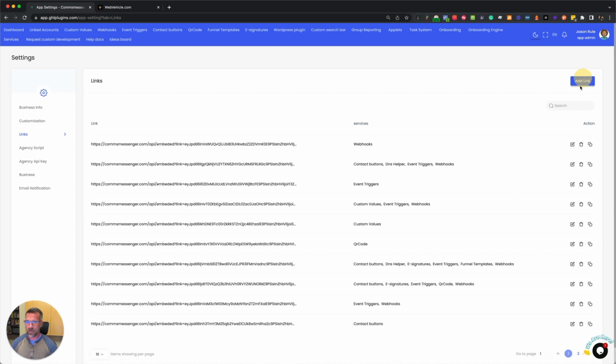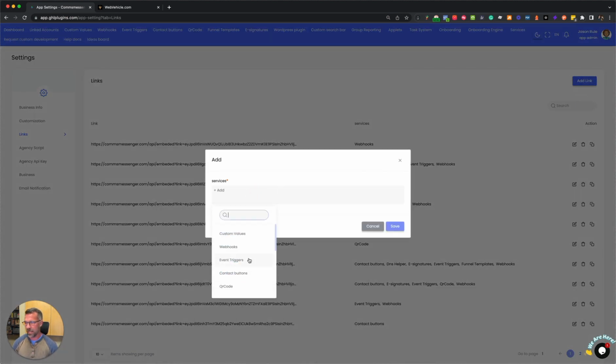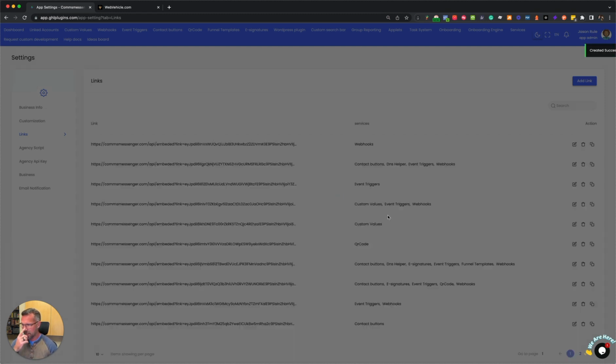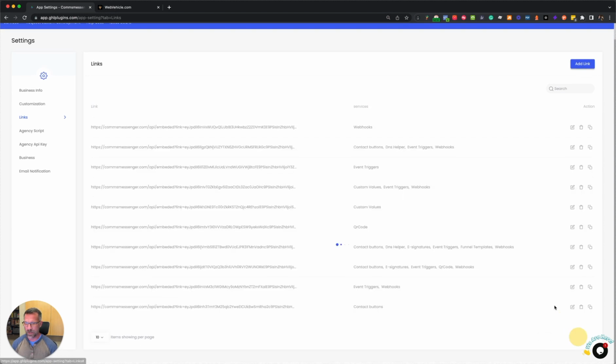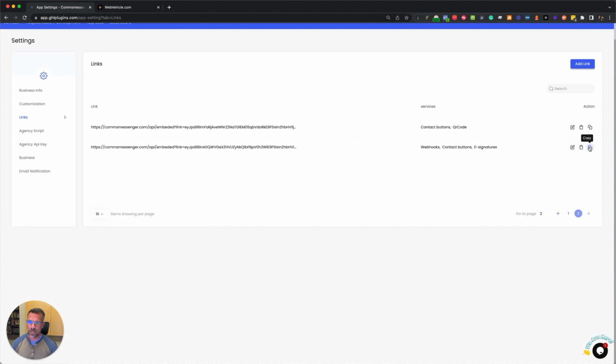So going to go add a link and just add the services that you want to add to this specific sub accounts. So e-signature. Right. We're going to drop this here. Now it's going to create a link, and then all you have to do is just take that custom menu link. It's probably going to be over on page 2. Yep, right there. Take the custom menu link,